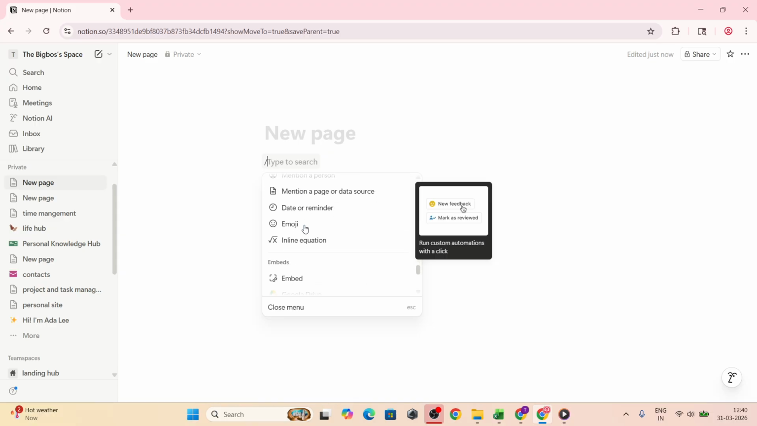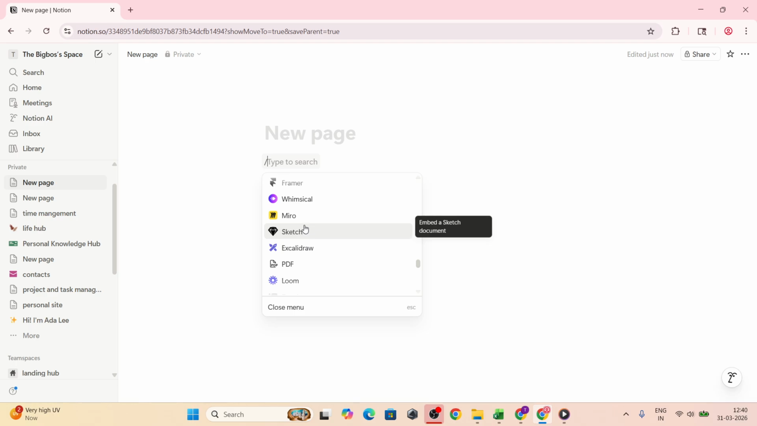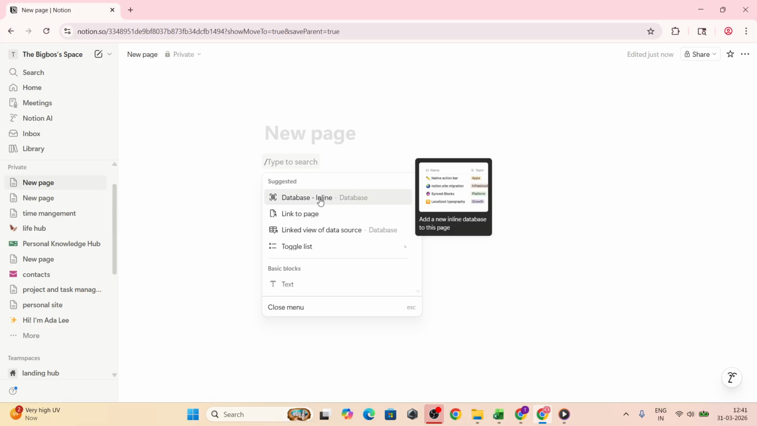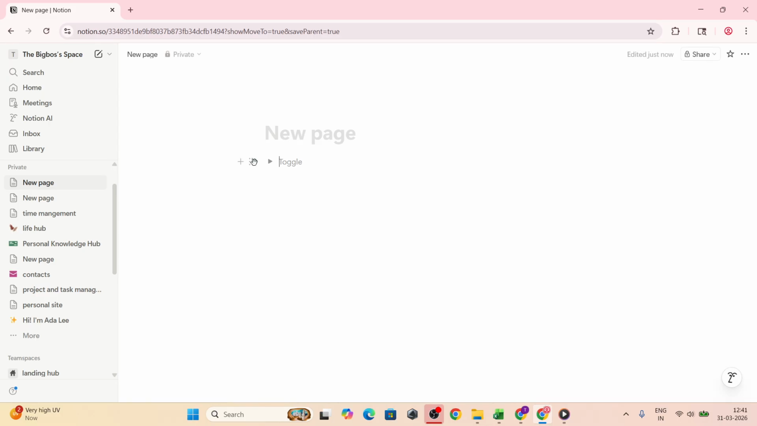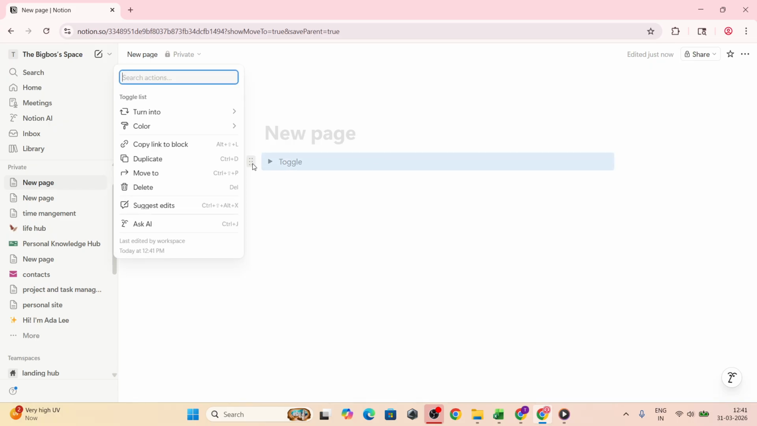Once you've added a few blocks, rearranging them is simple. Hover to the left of any block to reveal the 6-dot handle. Then click and drag. A line shows you exactly where the block will land. Drop it to reorder content anywhere on the page. This is great for quickly restructuring notes, moving sections up or down, or grouping related items together without copying and